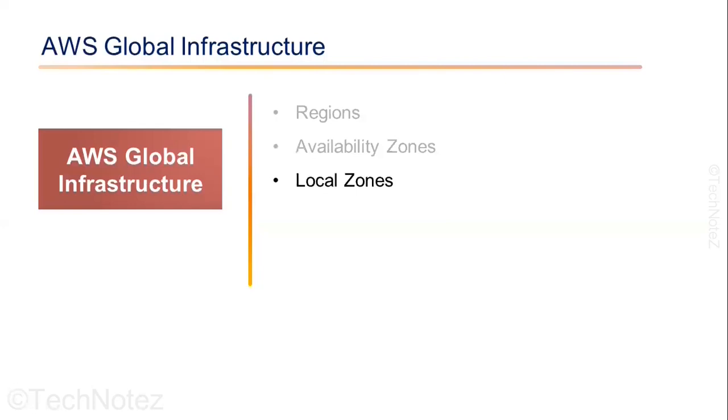Local zones bring the cloud closer to users and provide low latency access to AWS services for customers. Edge locations are used to deliver content with better performance to end users and are used as a content delivery network. Direct Connect locations are physical locations where customers can establish a dedicated connection to AWS to access the cloud resources. So don't worry if you are not aware of any of these components. We will talk about these components in detail and we'll see how you can utilize these core components of AWS global infrastructure to host your applications on the cloud.